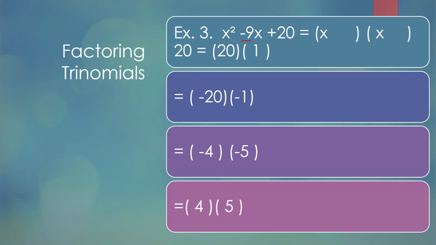Itong negative 4 times negative 5, that is positive 20. And once we add this, that is negative 9. So ayan, pwede ka na mag-stop kaagad kung makita mo na yung value. So, anong gagawin sunod? Negative 4, then negative 5. Okay. So, ito, actually, pwedeng magkabaliktad dyan. Pwedeng ito ilagay nyo dyan sa una, or ito naman doon sa pangalawa. Now,